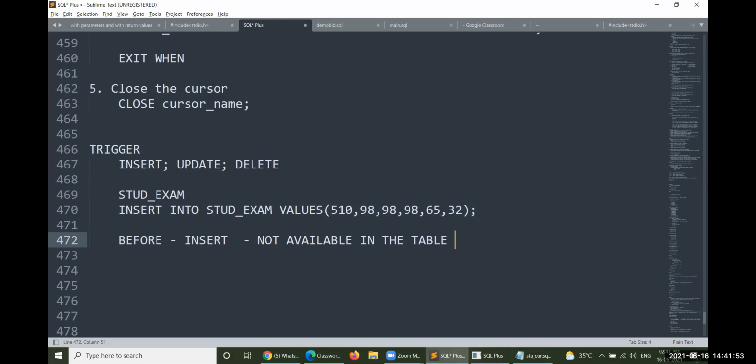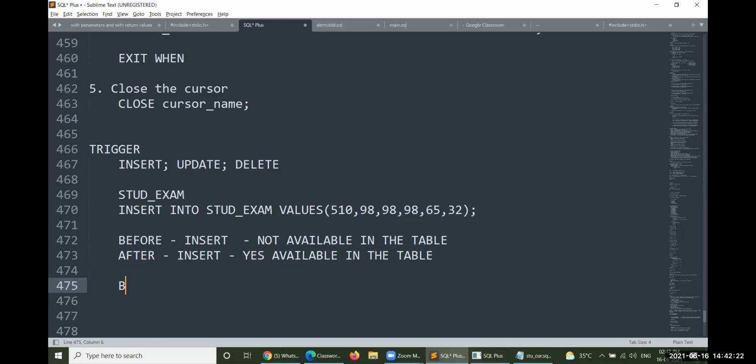After insertion, do you have this particular data in the table? Yes, the data will be available.